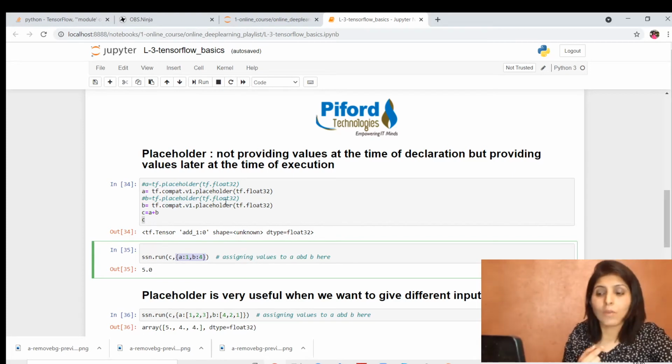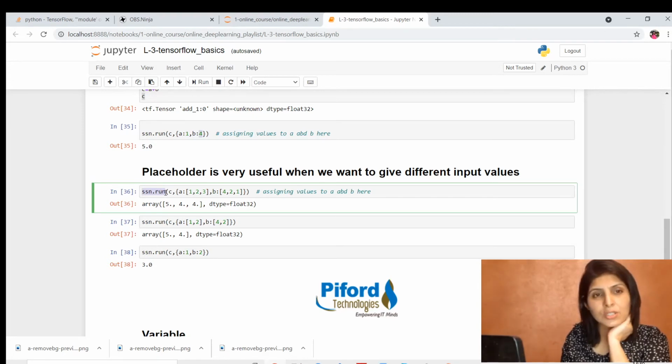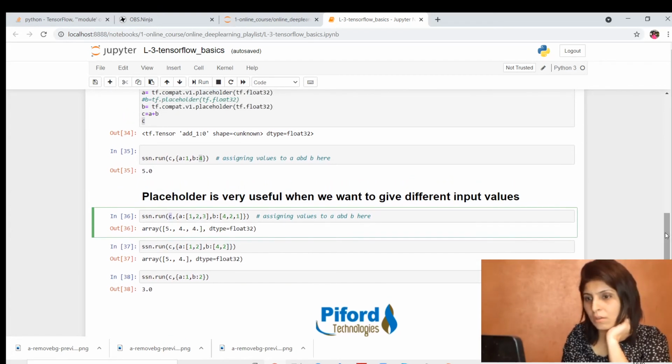And what is the benefit of placeholder, right? So the benefit of placeholder is, let me show you the benefit. Over here we have defined a single value in A and a single value in B. Now I'm again running a session on C variable, the same C variable, where we store A plus B. But over here in A I have defined one list and in B I have defined one list, and we are getting the results over here, right?